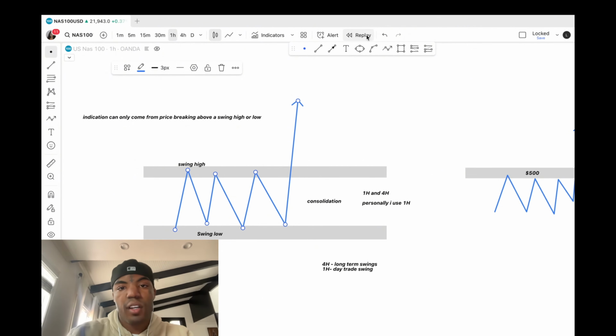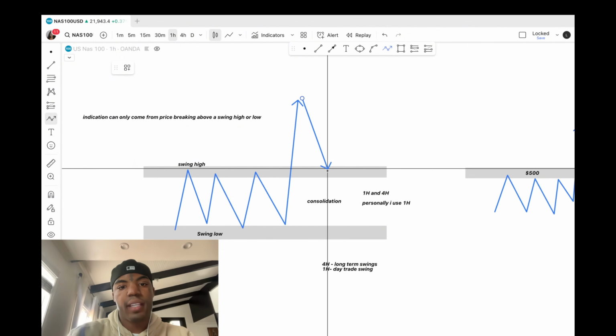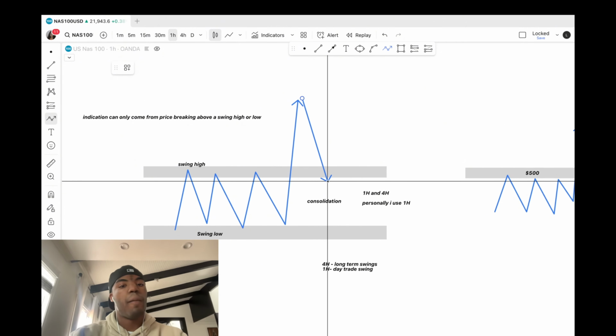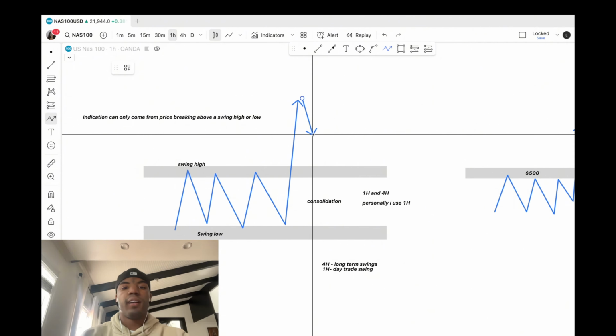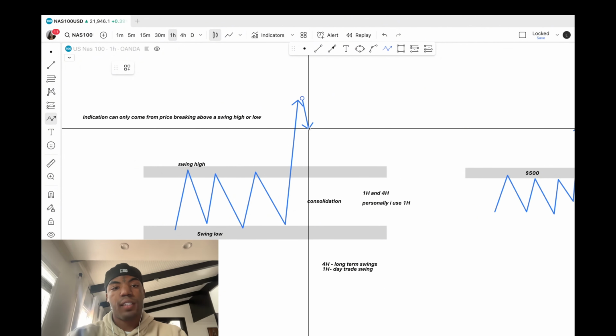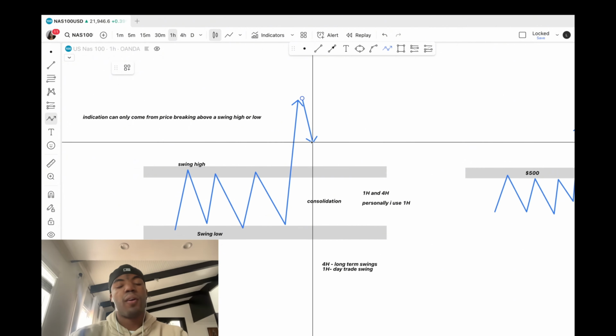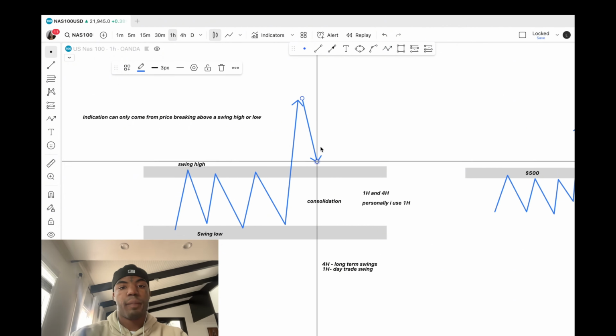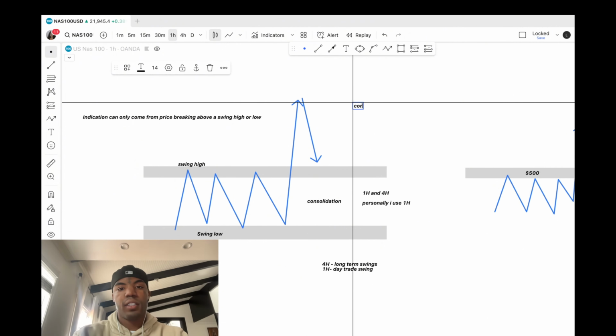Corrections are not always going to go all the way back to the previous level that price went to, but I'm going to teach you later on down the line the different types of corrections. In this video, I'm just going to tell you what a correction is. The correction is after price makes a high or a low. So remember this. Let's go ahead and write this down for you. Correction is when